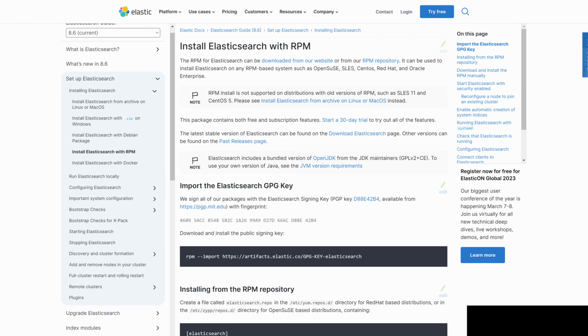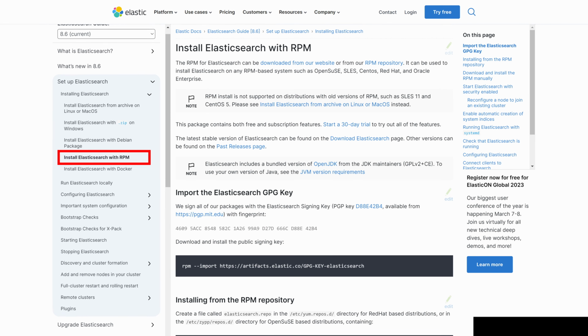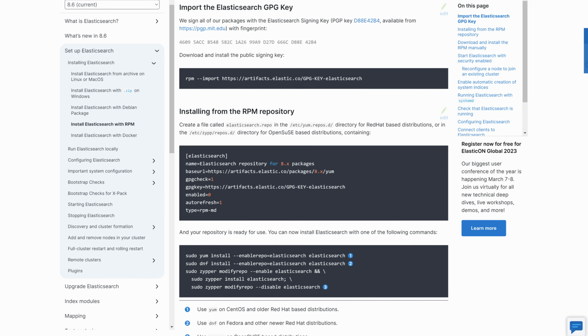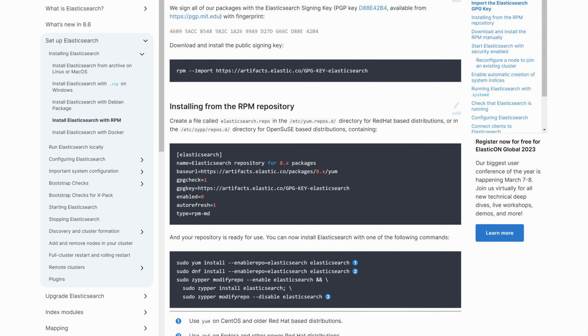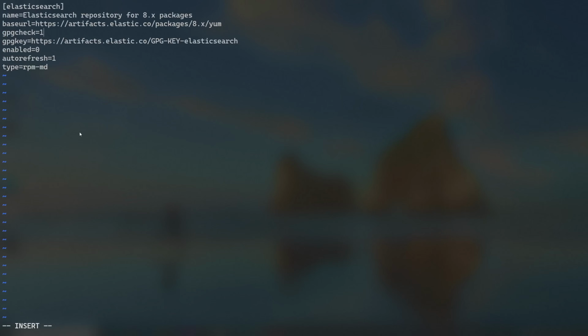There are the usual options of Docker, Debian or RPM. The R in RPM is Red Hat, and Rocky is a rebuild of Red Hat, so it's RPM for me. This is probably starting to look familiar to you. Create a repository and install with your package manager. You can just follow their instructions. Personally, I'm going to rename it to Elastic rather than Elasticsearch because it's the same repo for the whole stack that we'll be using later. And I'll enable it by default because I'm a rebel. DNF install Elasticsearch and let her go.